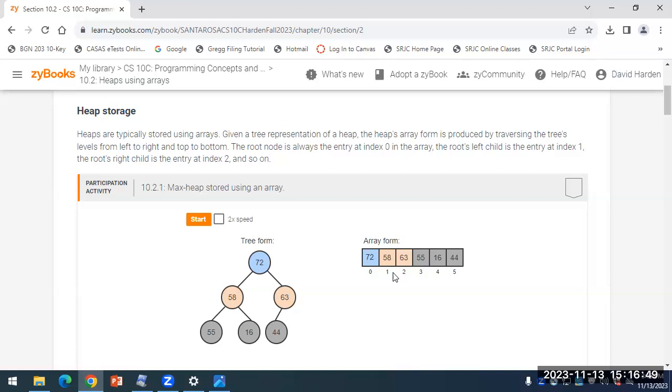What about the right child? Should be able to get this. Yeah. Just 1 over, right? Multiply by 2, add 2. And then parent,